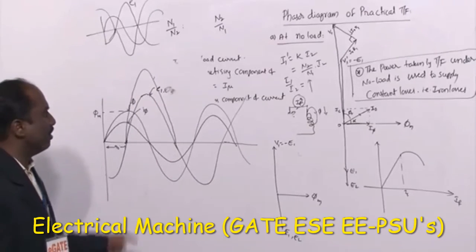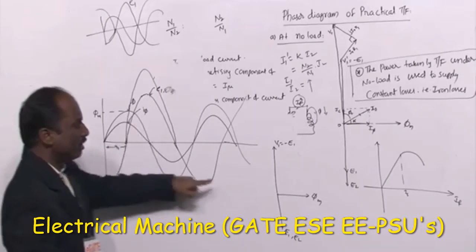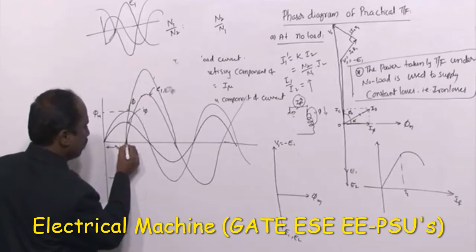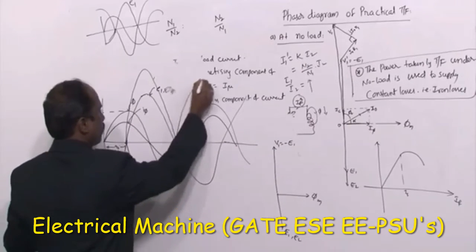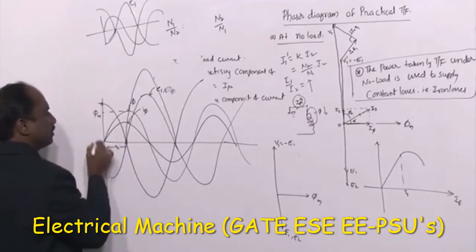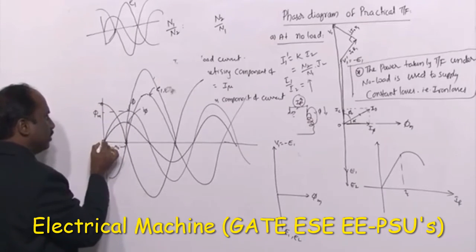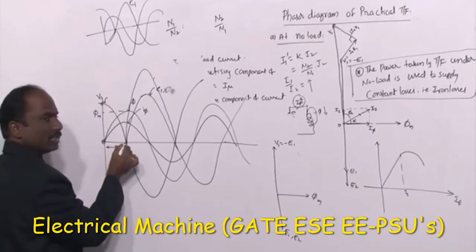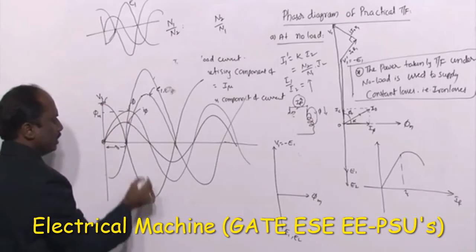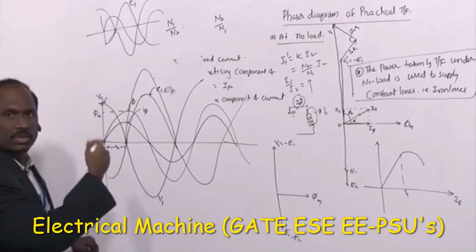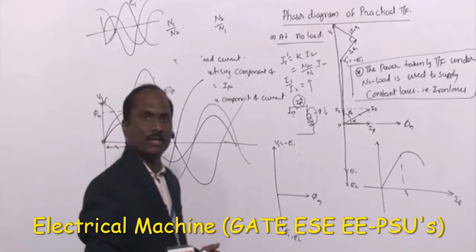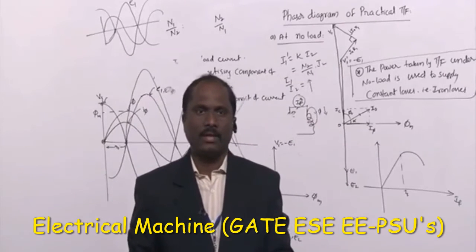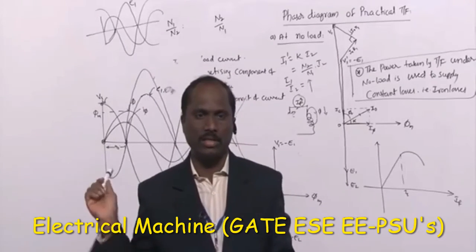But what about V1? V1 is nothing but minus E1. V1 is leading this. This is the V1 value. When current is 0 or flux is 0, V1 is getting the maximum value. When flux is getting the maximum value, V1 is getting 0. So this is the V1 waveform, exactly in phase opposition with E1. Okay, next one, this is the answer for Saroj from Navpara. If I am wrong, please correct me. Okay, this is the answer for that.